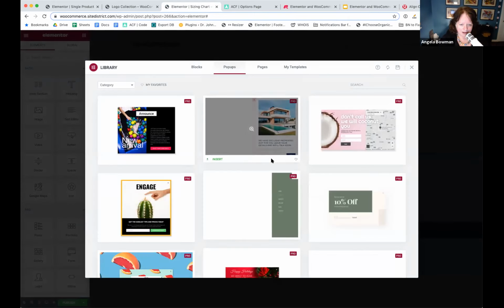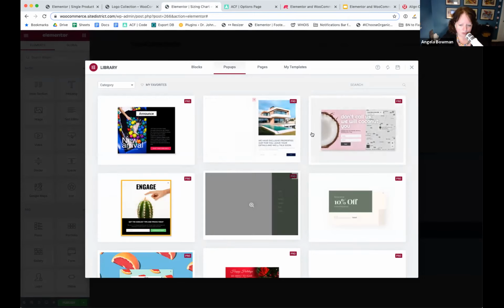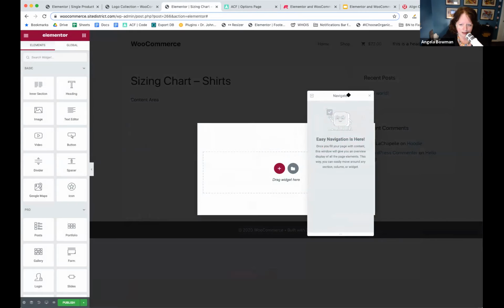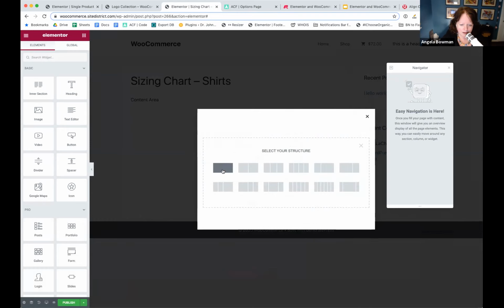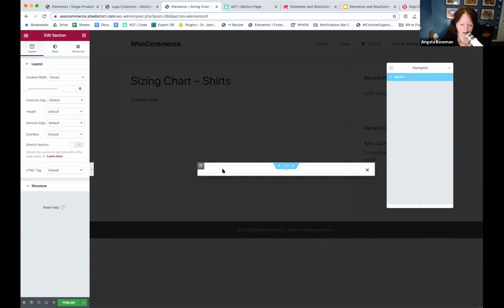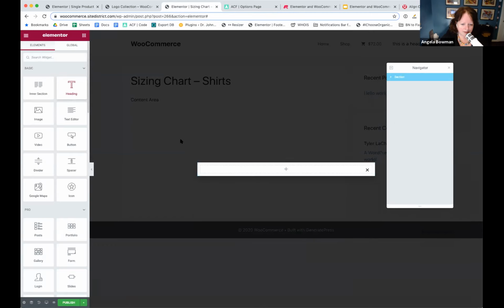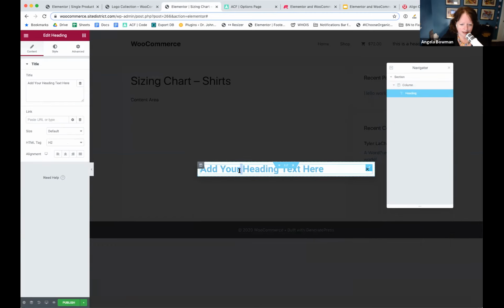Create the template. I found the pre-existing templates aren't super helpful in this case, so I'm just going to close that. Elementor gives me a little area to design my pop-up. And we'll just create a single column pop-up. First thing I probably want to have is a heading. And the heading will be